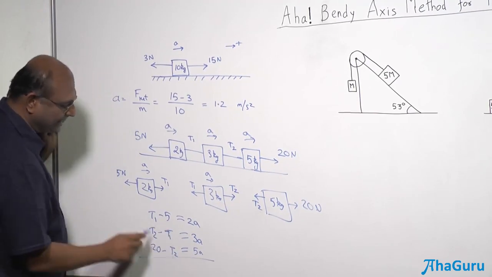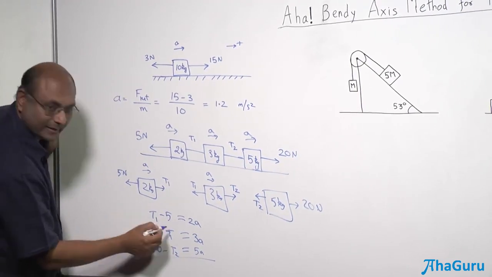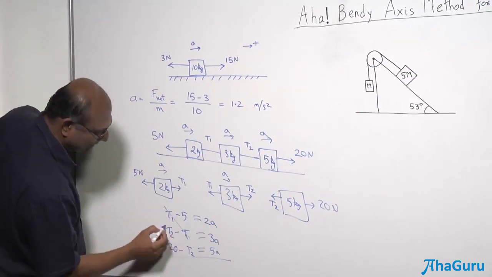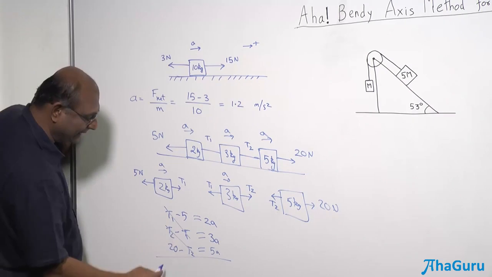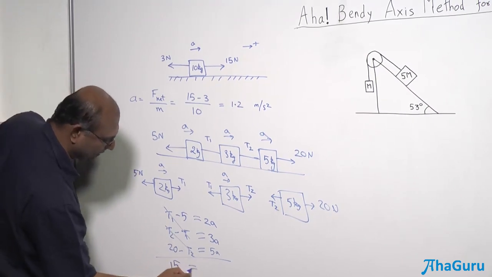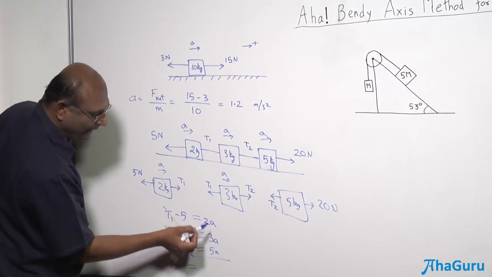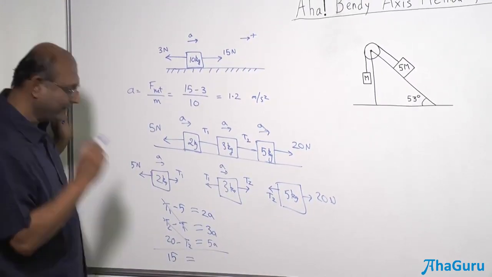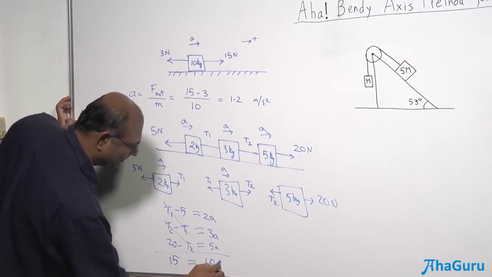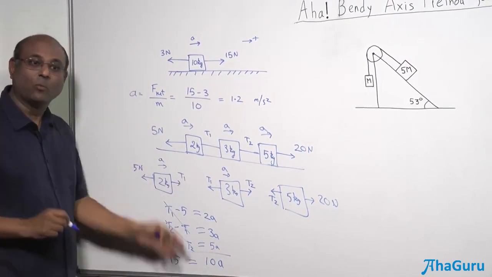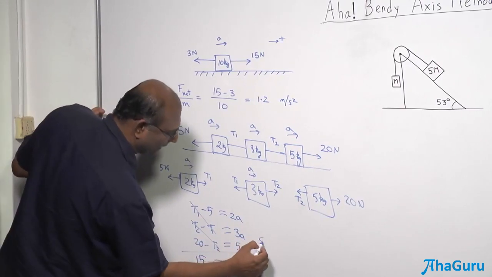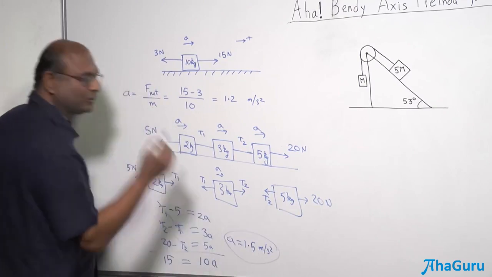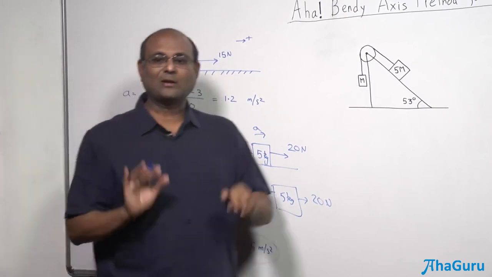And if I add these up, you will see that this will cancel out. Right? These are all Newton's second law for each block. Then when I add it, this will cancel, I'll get 15 Newtons net force is equal to 2A, 3A, 5A. Remember, they are all the same A. That's important. Okay, so this is how much? 10A. And so what does A turn out to be? 1.5. So from this you can conclude A is 1.5 meters per second square. This is the long way to do the problem, the correct way, but long way.